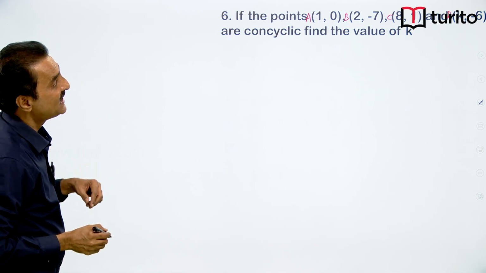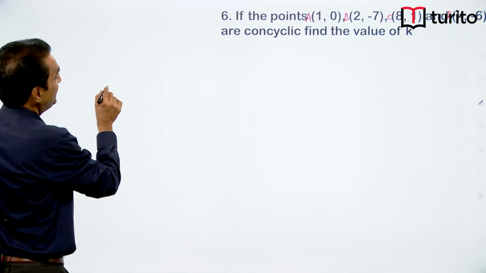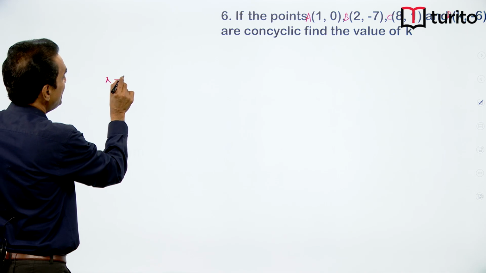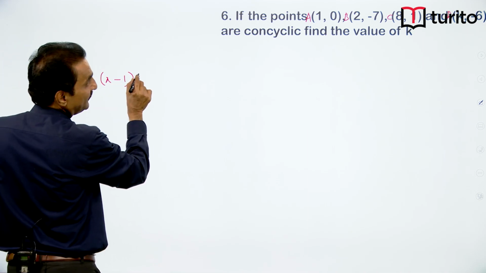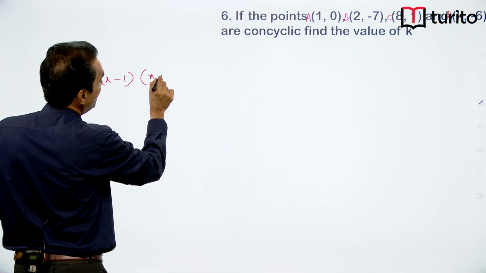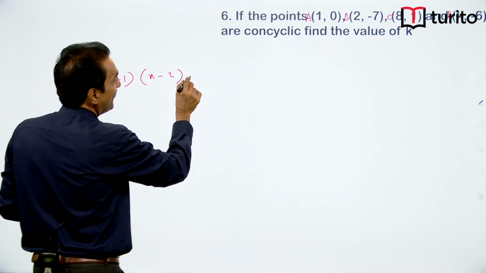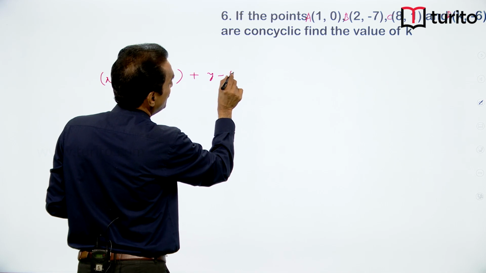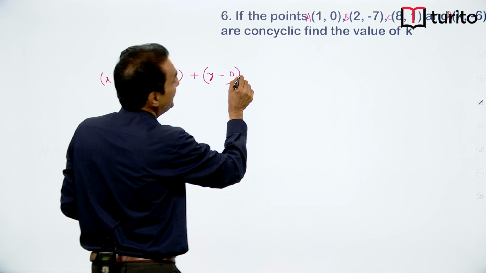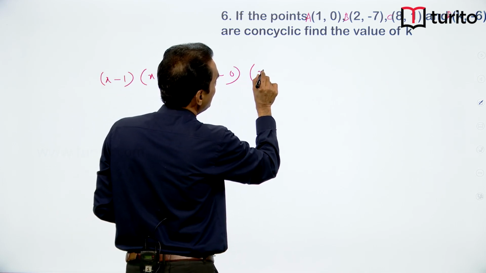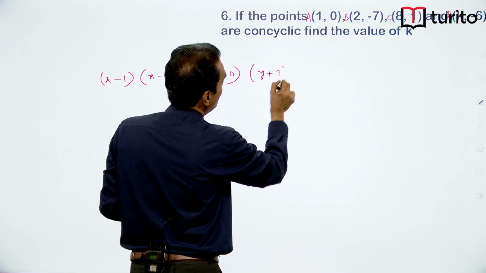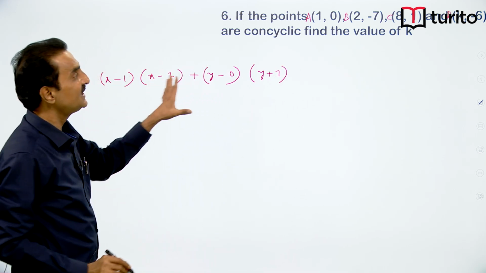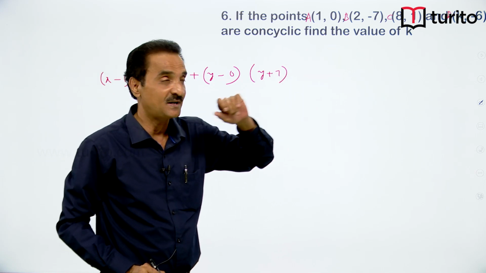The circle with AB as diameter will be x minus 1 into x minus 2 plus y minus 0 into y plus 7 is equal to 0. This is the equation of the circle with AB as diameter,